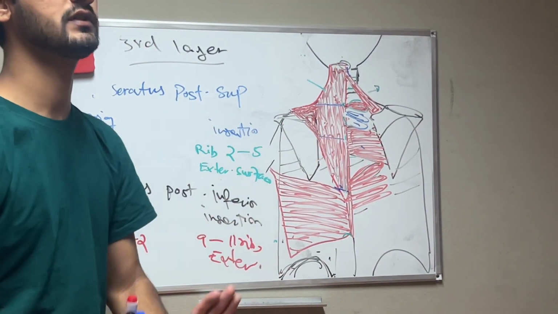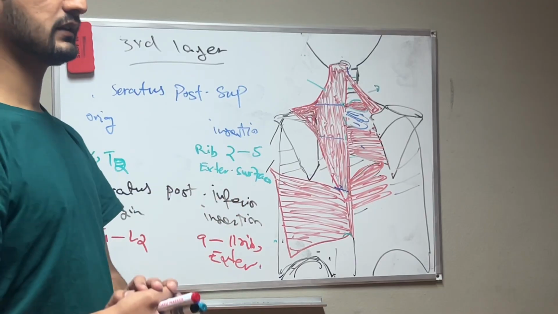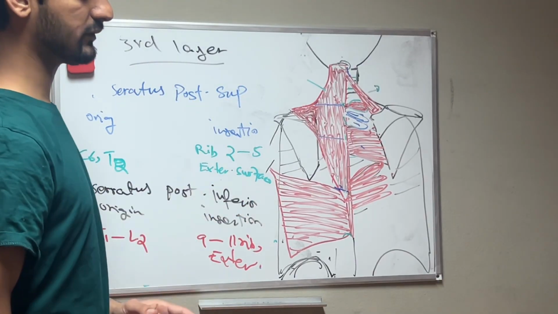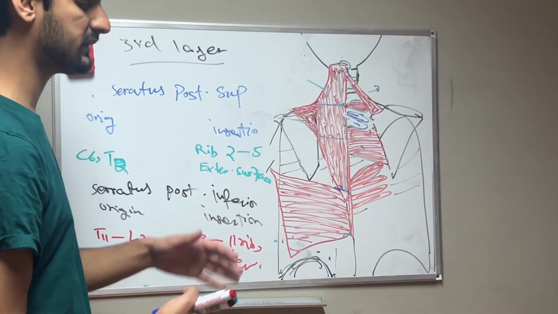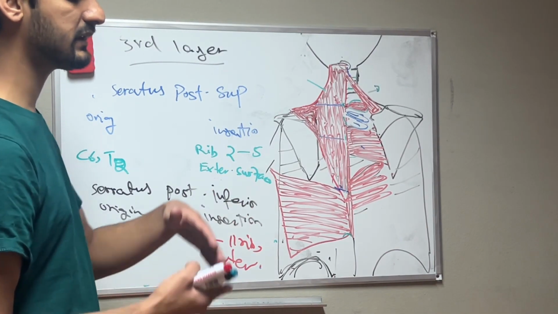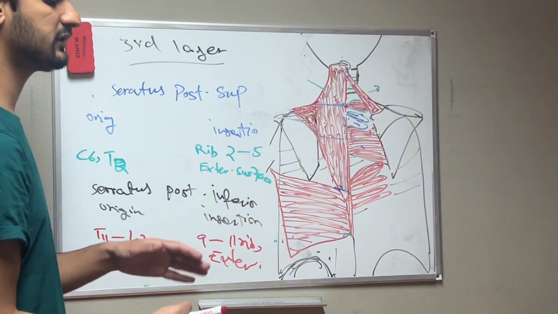This is the whole superficial group of muscles of the back, in three layers. Okay, first layer, 2 muscles: trapezius and latissimus dorsi. Second, we have rhomboid major, rhomboid minor, and levator scapulae, and third layer we have serratus posterior superior,